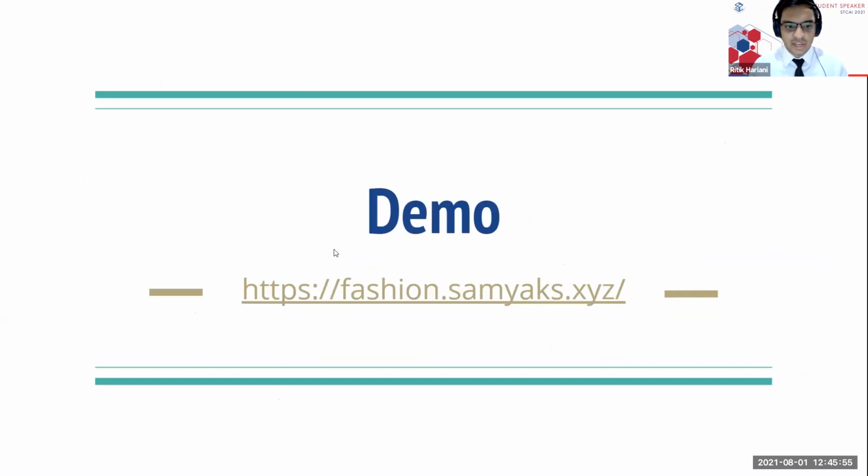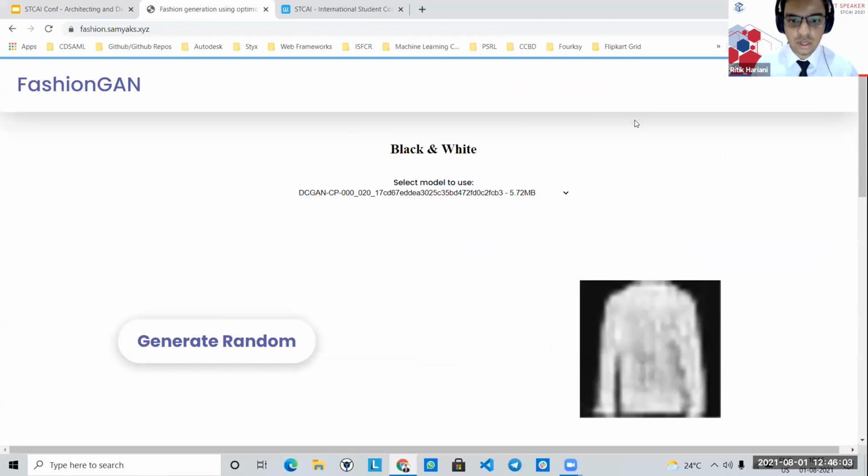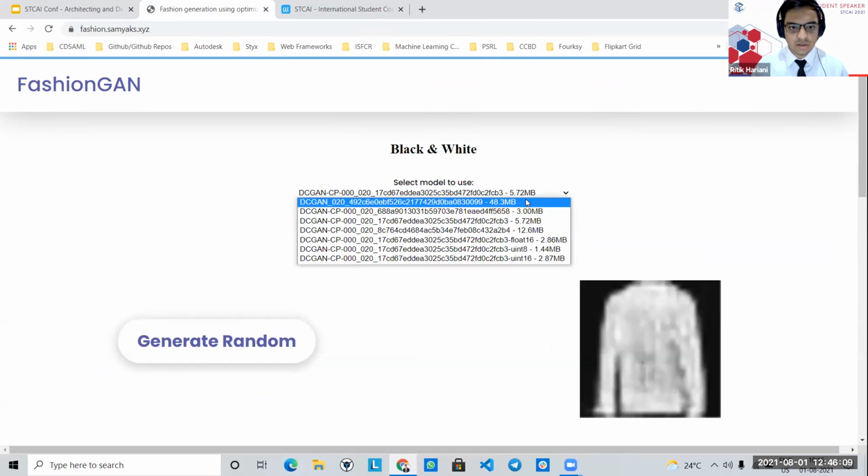You can, each of you, if you want, go to a certain URL and try out the client-side demo for yourself, but I'll be showing it to you right now. As you can see, this is the website that we have designed. These are the trained DCGAN models, and originally the model size after training was around 50 MB.